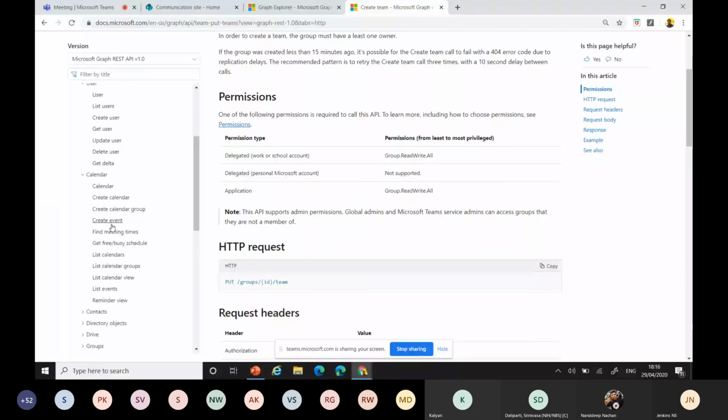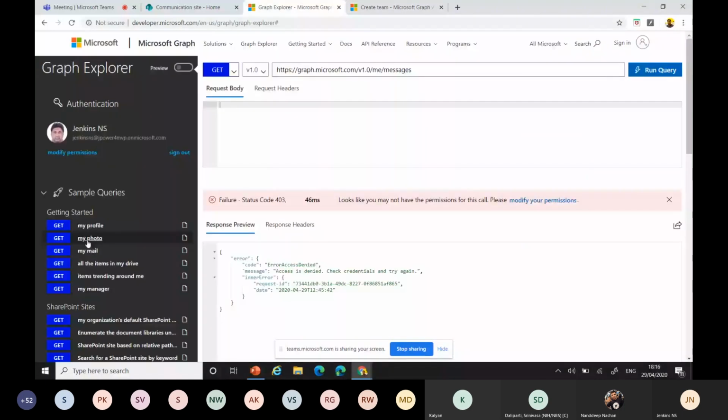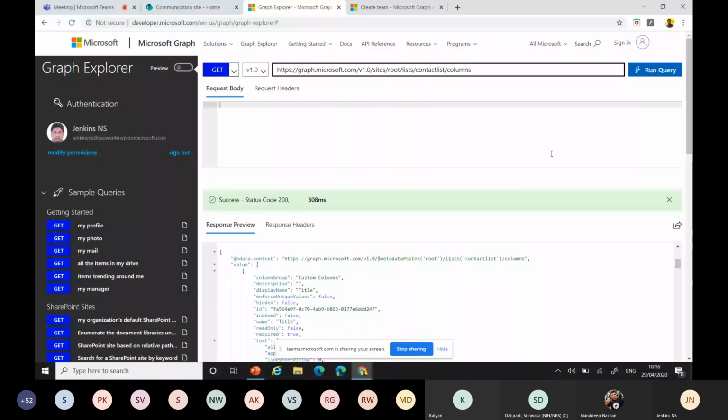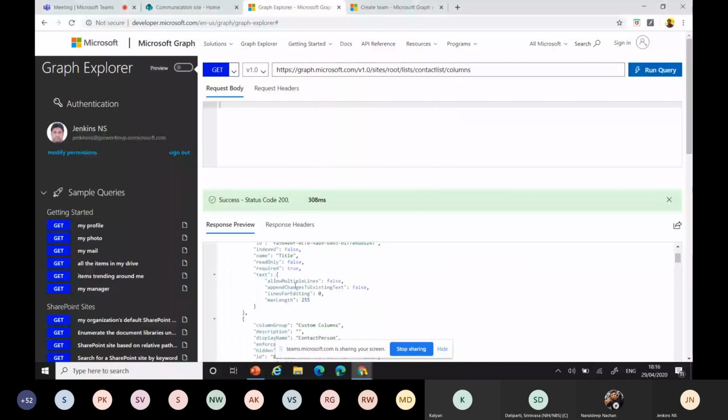I'll give some other examples now. We don't want to waste time. Here you can see the username. We need to provide the list name, because the example always passes a GUID. You can pass your corresponding name also, that's fine. If you have a space, you can use that space also, then it works. You can put it in single quotes itself, and you can get the values.